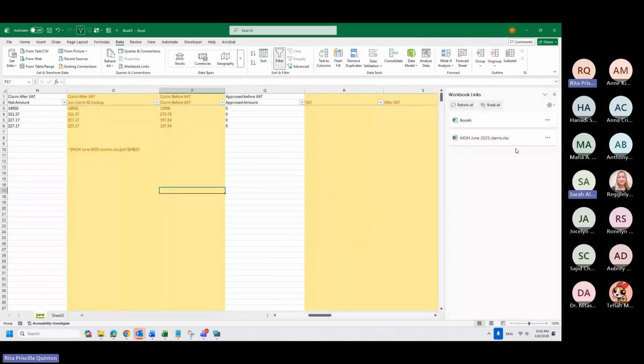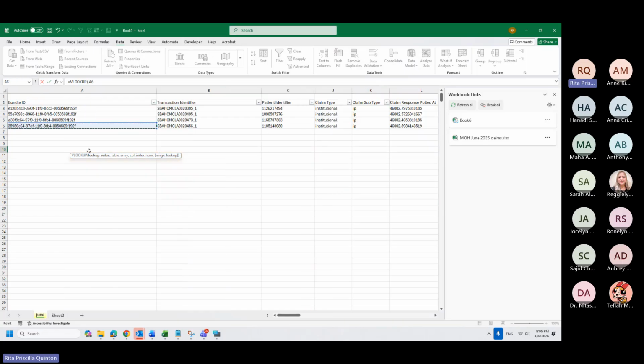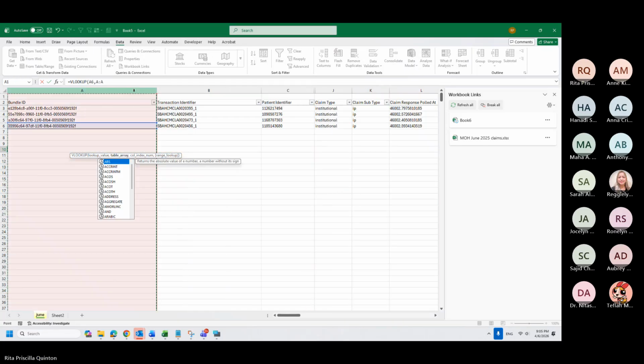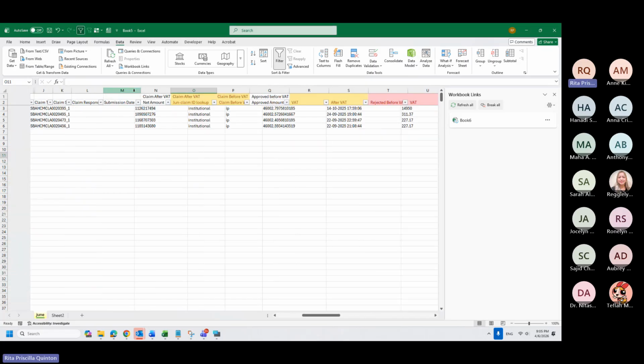Rita, the Break All, will it work even for the VLOOKUP? Yes, yes. If anything is on an outside workbook, it will break all. But if, for example, my VLOOKUP is within this file, I will just remove the formulas.